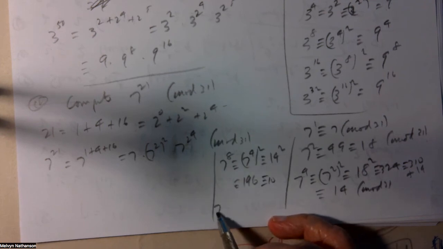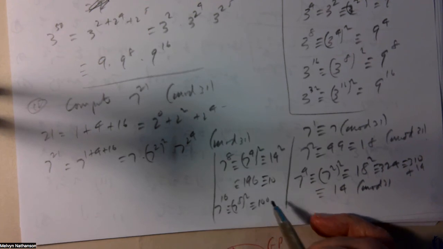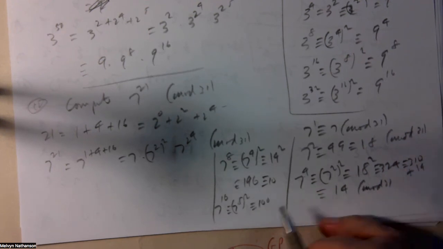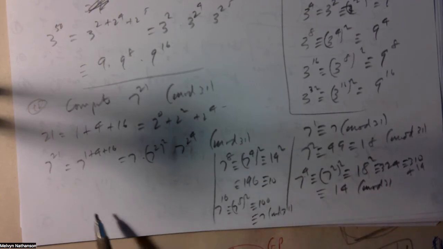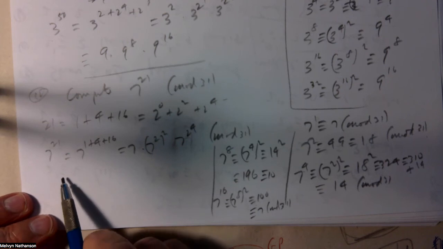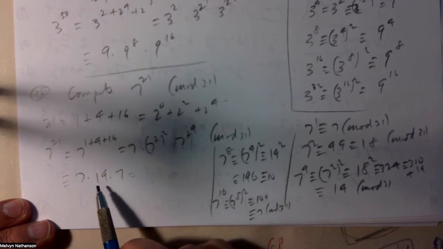And 7 to the 16th is 7 to the 8th squared, would be congruent to 100. 3 times 31 is 93, so that's congruent to 7 mod 31. So 7 to the 21st power is congruent to 7 times 7 to the 4th, which is 14, times 7 to the 16th, which is also 7. So what we get, this is really 2 times 7 cubed,